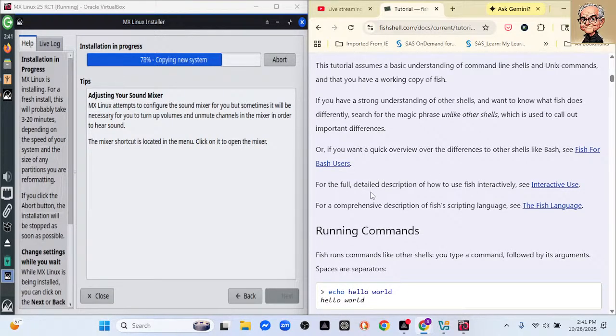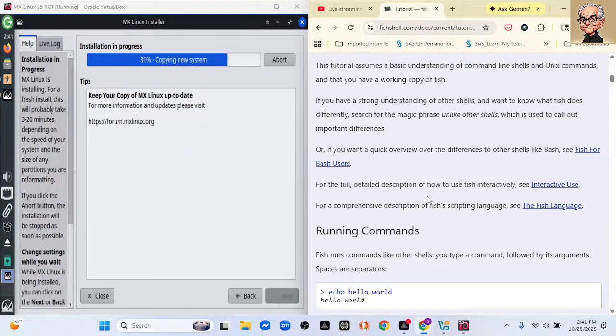We're getting close. We're at 77%. Let's see. So we'll time it up to the point of login. Okay, so we'll time it through the reboot. So the time from the installation